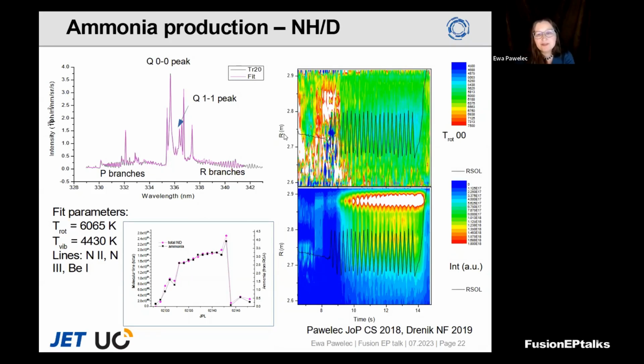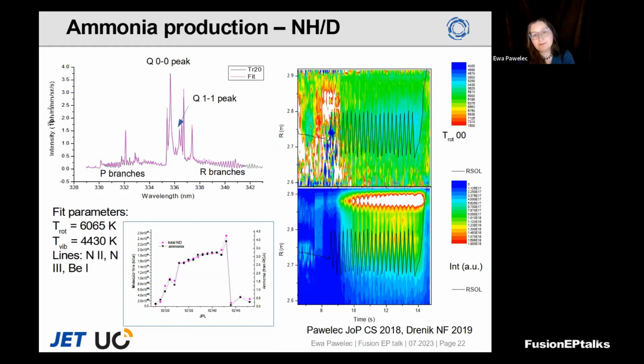nitrogen hydride was very important for these certain ideas of the nitrogen seeding, because the problem that we were observing was that nitrogen is very nice, at least for the relatively still small tokamaks, as it improves confinement. But the problem is that if we put it with tritium, we get ammonia, which is a stable molecule